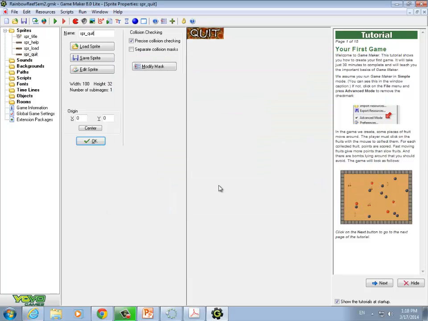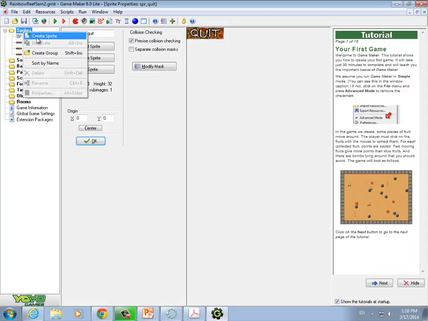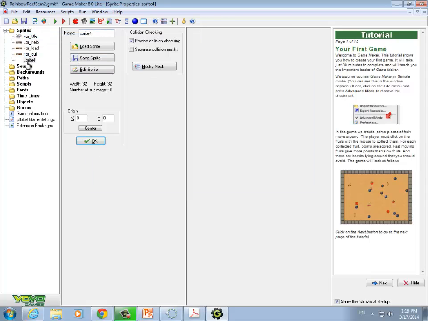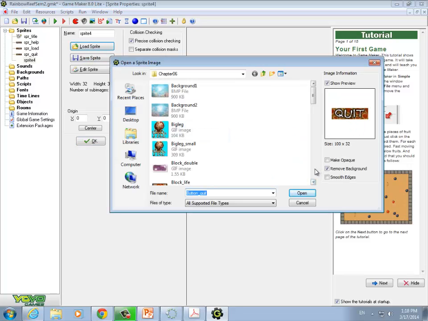Just give it a name that I can use. Once you make enough changes to a game, you probably should save it in case the power goes off or something bad happens. You don't have to do everything again. So here's sprite 4. I think we had a quit, and then we have